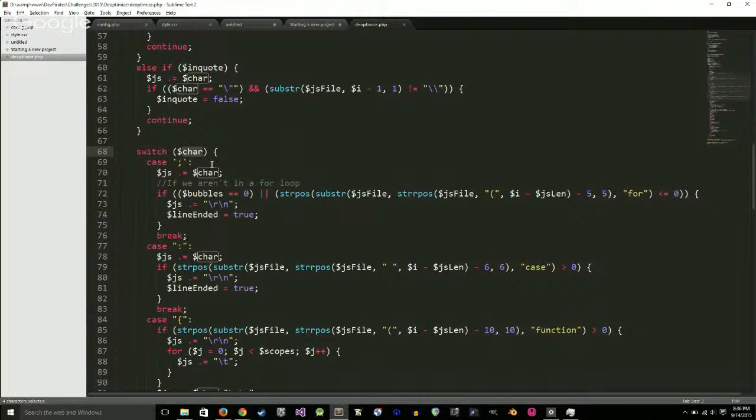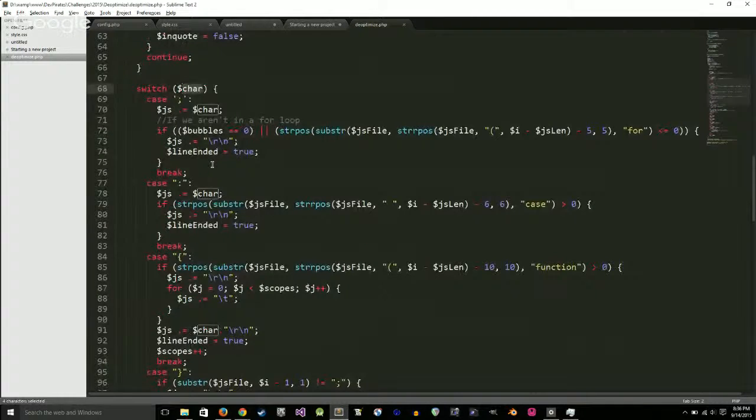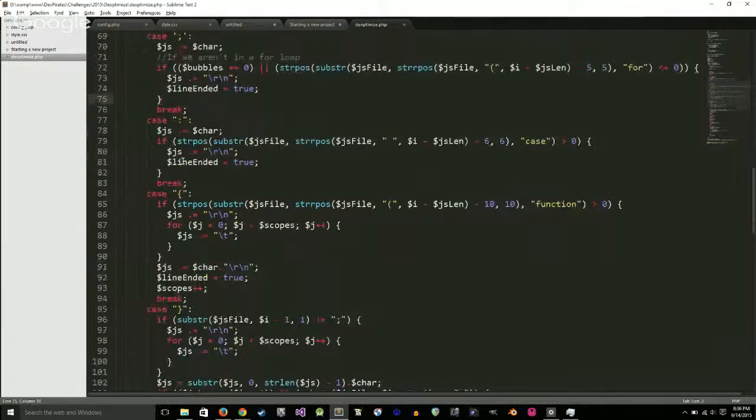I do a switch on case for most of the things. So I have a semicolon, and I have a few words. If I'm inside of a bubble, obviously I don't want to do anything. Also, if I'm inside of a for loop, I don't really want to do anything. Well, at least not inside the for loop, but inside the for